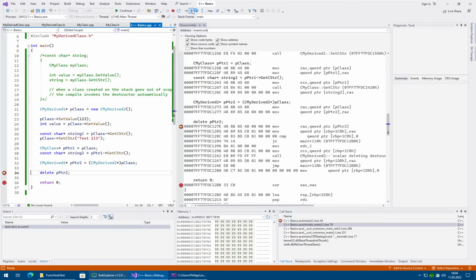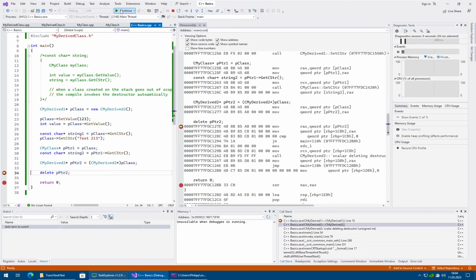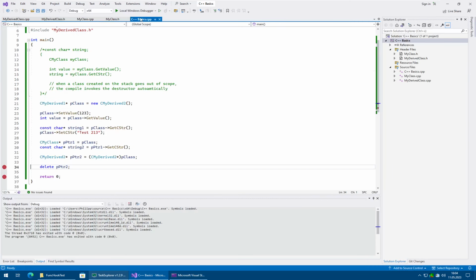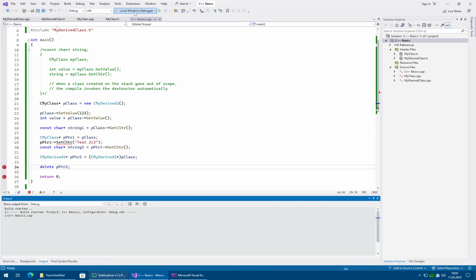So if we here now try to run the destructor, that's not what I wanted to demonstrate. Obviously we have the one destructor. We need to have a class of type my class here such that this does what we want. So the thing is, we have here an object of type myClass, but we assign to it a derived object which has another function with the same name, in this case the destructor. So if we now run it, we will see